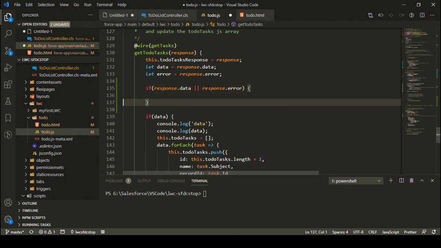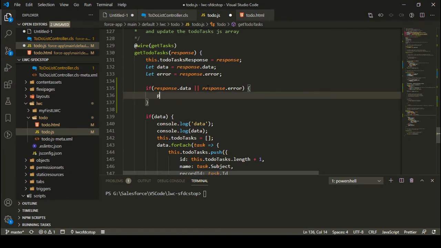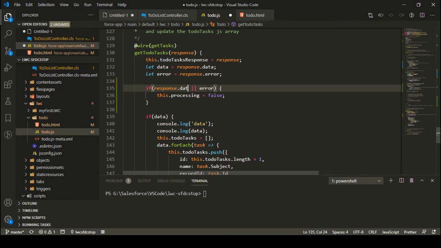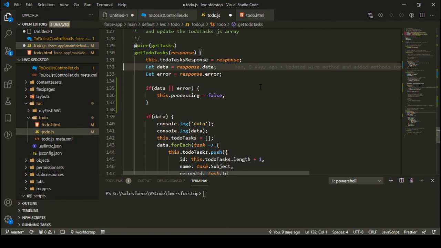So in case any of the data or error is defined, I can simply say that I want to set my processing variable to false, right? I can simply do it like this only, if error or data, because I'm already using that above. So if data or error, I'm going to specify this processing variable as false, right? Okay, so now I know that my spinner will hide whenever I'm getting a data initially from the wire method, right?